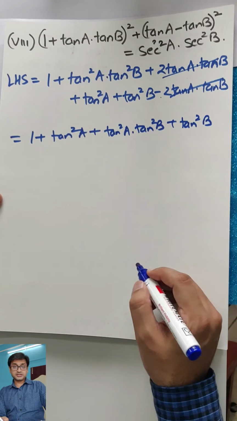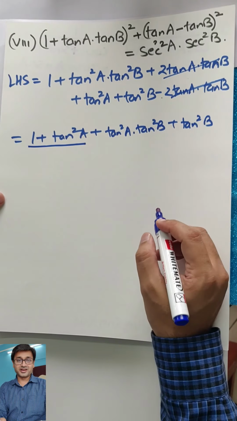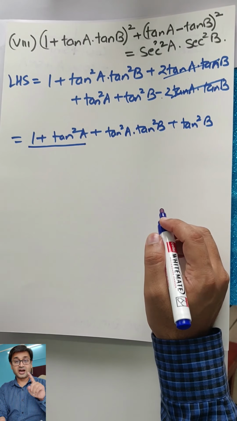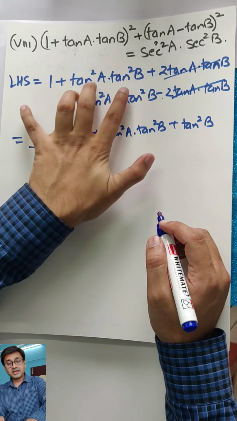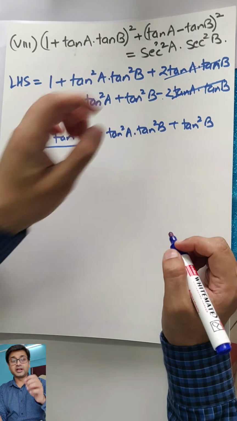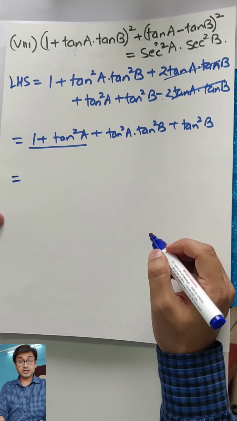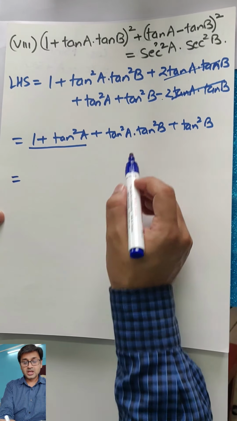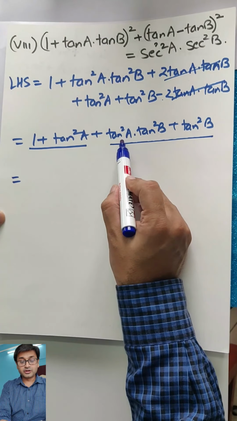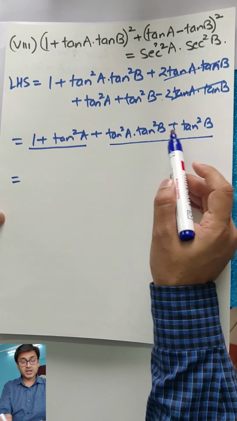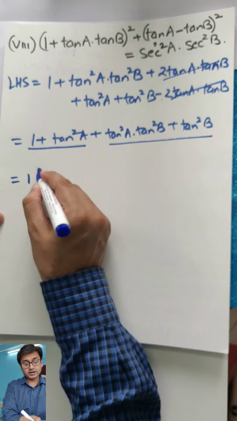Now why did I do this? Because I know that 1 plus tan square A is sec square A. Was I smart? Yes. Are you smart? Great. So we got these two together and these two together. So at least one part I can get and fetch one extra mark. Instead of that, I am a little more smart now. How? I am taking these two and pulling out tan square B common, so what will be left is tan square A plus 1. So why not use the quadratic way? See what I am doing. I am taking one common here.